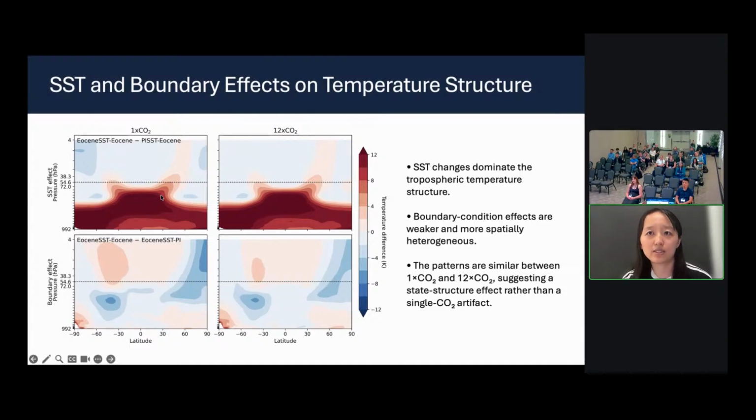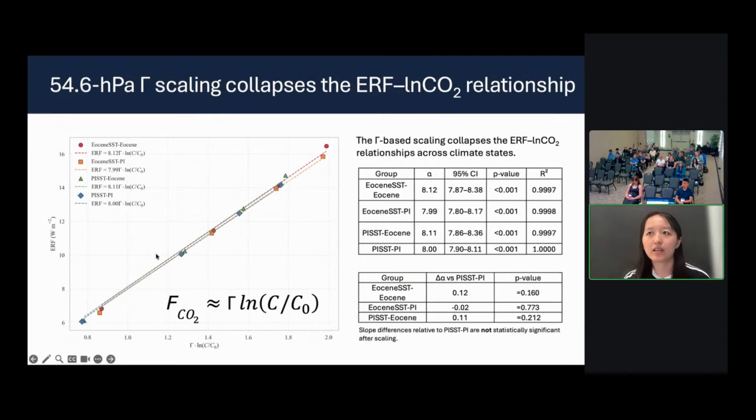Another interesting thing is that this 54.6 level stays close to the upper boundary of the strong sea surface temperature induced warming. And this same level also marks a transition in the boundary condition response, where the sign and spatial structure begin to change. Because this behavior appears consistently across CO2 concentrations, we wondered whether this level might be relevant to the ERF